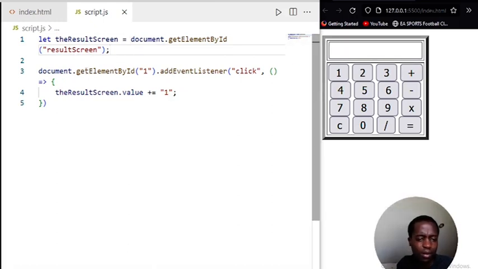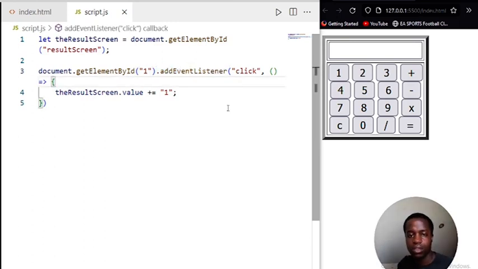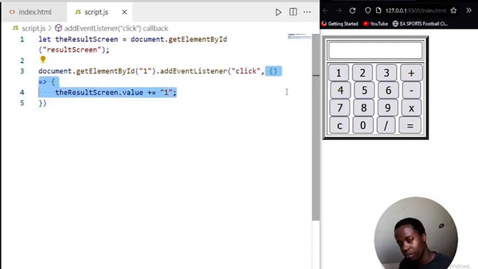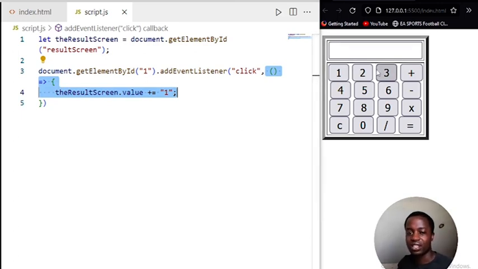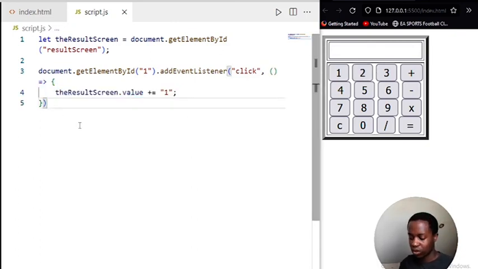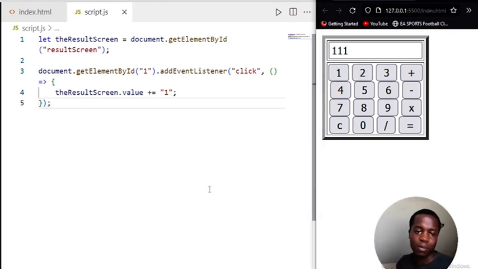Once we have that, we simply say document.getElementById 1, and add an event listener, essentially saying please listen for a click, and if you hear that click, please pass this anonymous function, and this anonymous function is assigning the result screen to itself, but assigning it the string of 1. Which is why we can type in 1 but not 2,